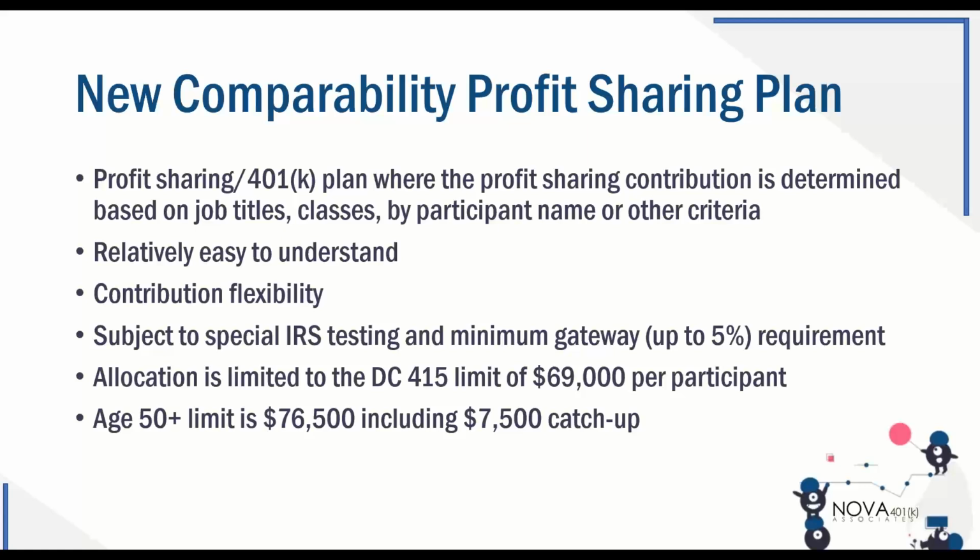The allocations in any DC plan have a limit every year called the 415 limit, and in 2024, that limit is $69,000 per participant, unless they're 50 or older, and then the limit is $76,500. So that is the maximum amount that can go into a defined contribution plan on behalf of any participant. That includes deferral, match, profit sharing. All of the dollars that go in are limited every year, and generally, that limit goes up with inflation.